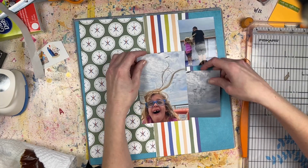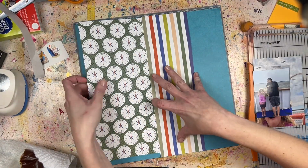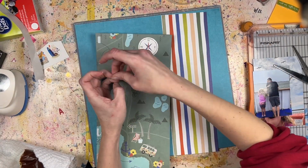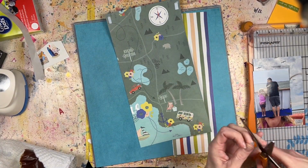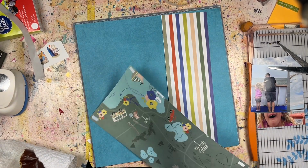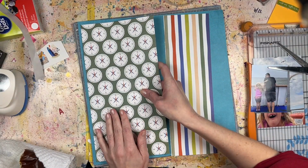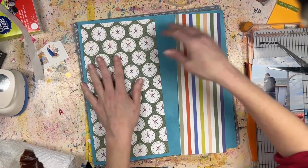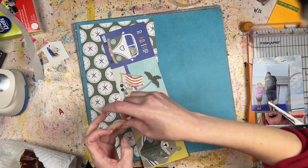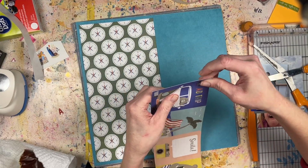I liked some of the pieces in this collection. I think I got it at my local scrapbook store that was closing. I think it might be a Photo Play collection, but I think I bought it originally because it had some cruise stuff on it, and I definitely want to use those pieces to scrapbook this past summer's cruise photos. But it had a lot of other great things on it that I could just use for general vacation. So there's a compass pattern paper there. The striped pattern paper is very generic, with almost a rainbow of colors. And then the background is actually